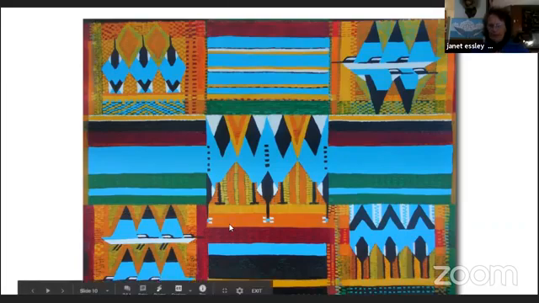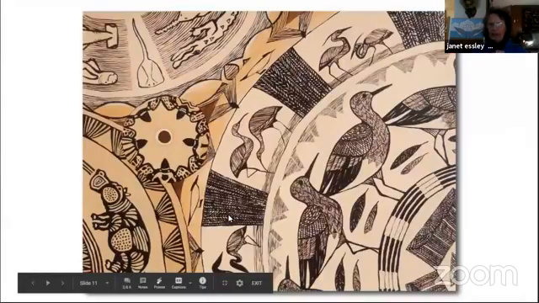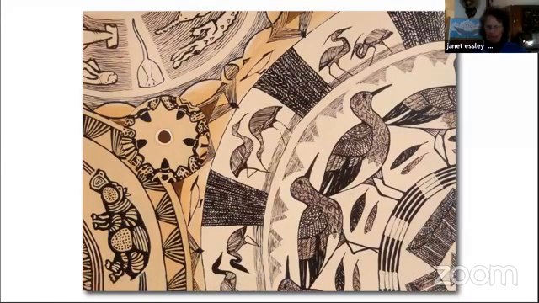Another choice that the red knots have to make during the year, shown in the lower right side of this painting, is they have to molt their flight feathers. They do this one at a time, one primary feather, one secondary feather at a time, and they cannot continue migration flights until all the feathers have been replaced.